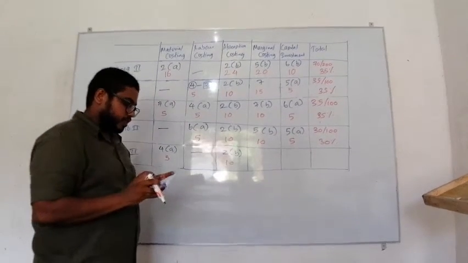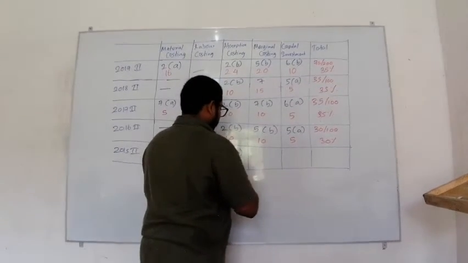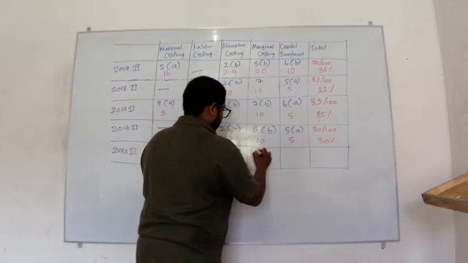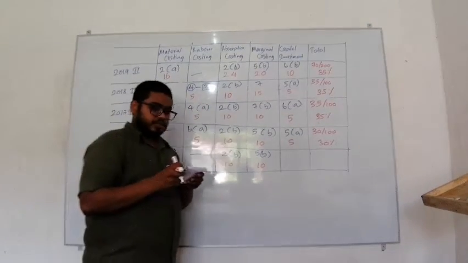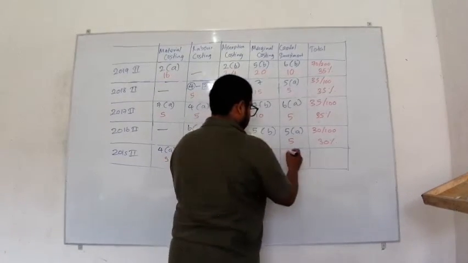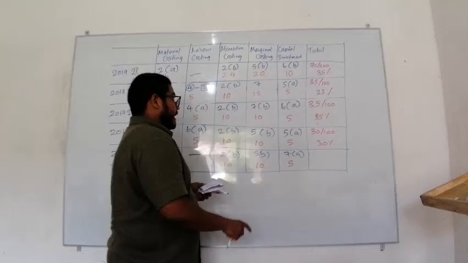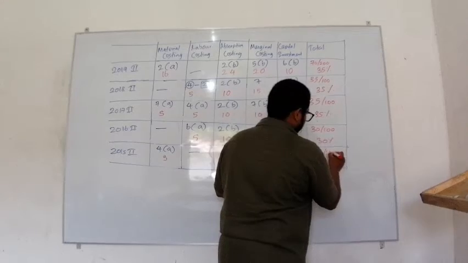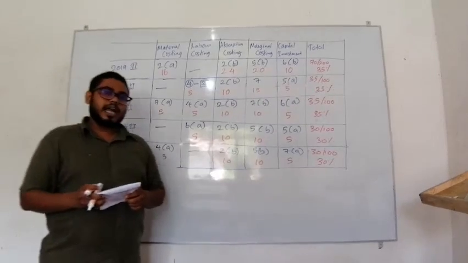in this paper also. And when it comes to marginal costing, you can find another question for 10 marks, which is question number 5, part B. And finally, a capital investment question is also there for 5 marks, which is question number 7A. And when it comes to total marks, in 2015 also you can find 30 marks out of 100, which represents 30% of total marks allocated to the paper.